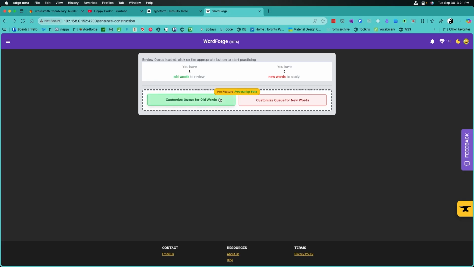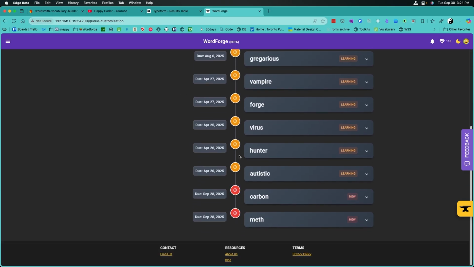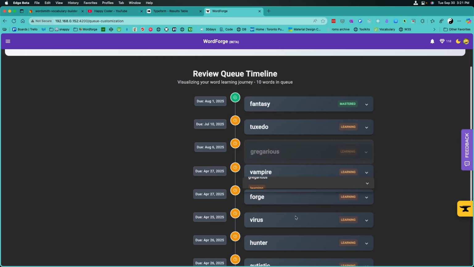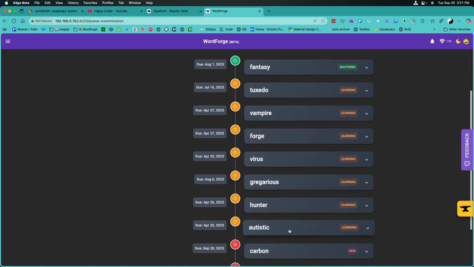And let me just show you guys one of the iterations where I tried to be fancy and implemented this drag and drop feature that allows the user to freely reorder or shuffle the order of the study queue by using drag and drop. So this is implemented with the Angular drag and drop CDK,